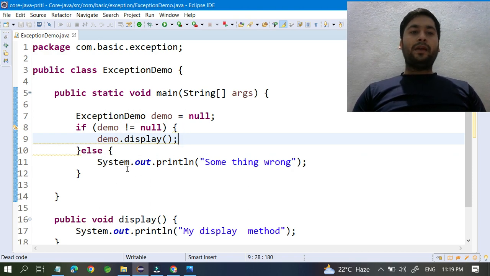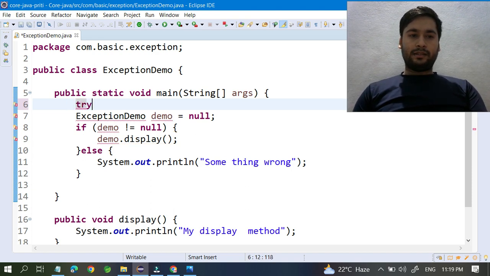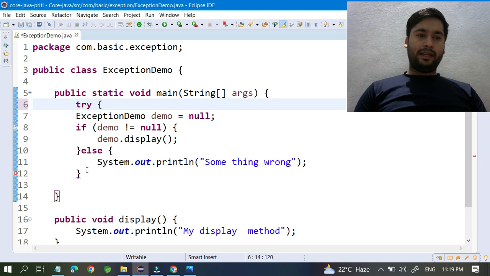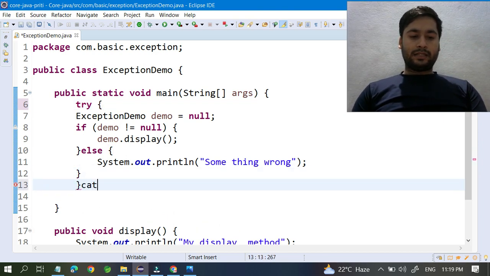Okay, for example, you have so many lines of code here, and if you get some exception and you don't want to handle it like that, then in that place you have to write the try and catch block. So here you can write try, and put that code inside this try, and through the catch you can handle it.